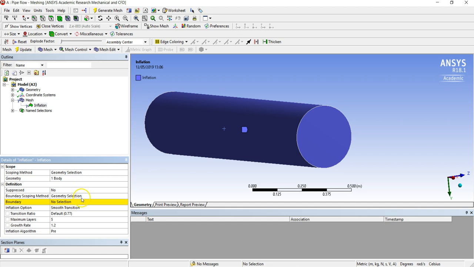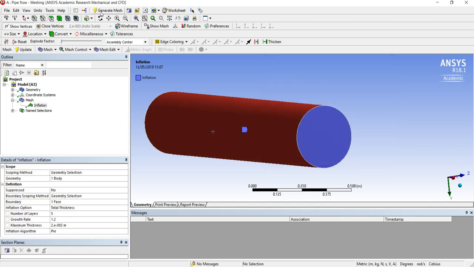The next is the boundary. So the boundary we're interested in is this wall here. So we're going to have these cells growing out of those walls. I'm going to change the inflation option to be total thickness. So what I have there is some control over how far these inflation layers extend into the domain. So I want them to be a maximum of 2 centimeters. So converting into meters, that's 0.02. There's going to be about 5 of them, and they're going to have a growth rate of about 1.2. Which seems reasonable. So what we can do is click Generate Mesh,